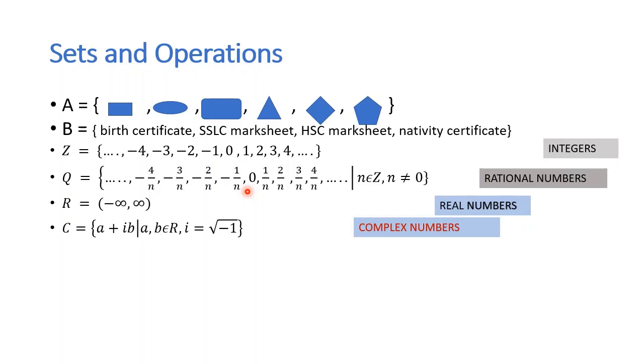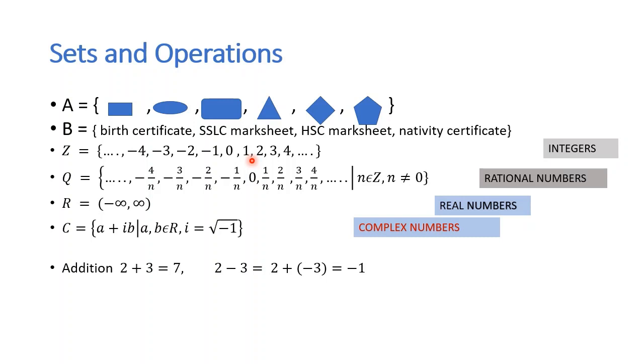So let us see the basic operations which we perform on integers. Addition. When you add two integers, the result will be an integer. This we call subtraction, but actually the hidden operation is addition. 2 minus 3 is nothing but 2 plus of -3. That is, you are adding 2 and minus 3. The result is minus 1. Anyway, when you are adding any two integers, the result is also an integer.